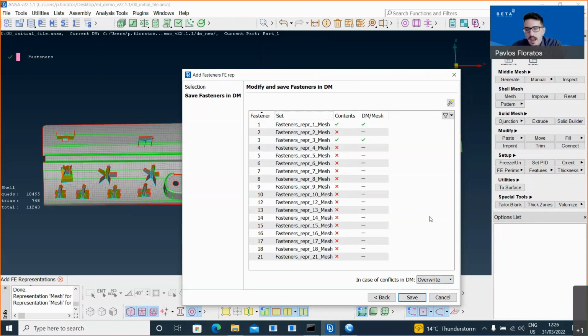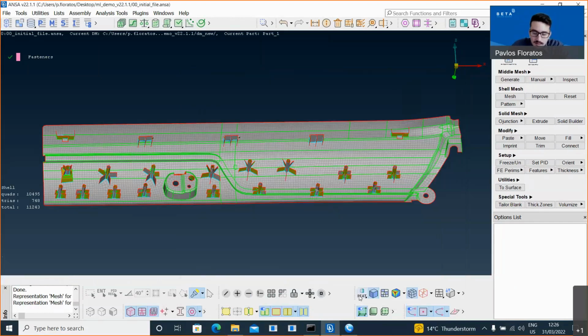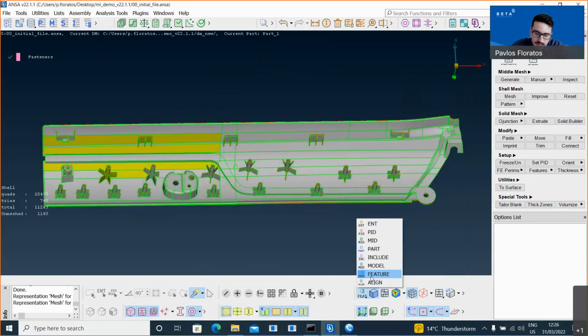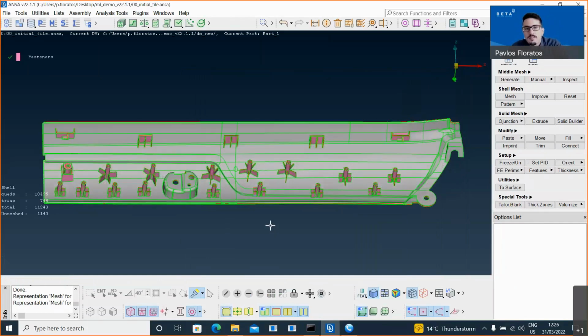So actually this was the second part of the demo, in which we demonstrated how we can build this library from scratch. So let me do, let's say, a brief sum up of the functionality. First of all, this is a process that you need to make only once. So you build a library once, you use it every time on every new file, and you save time.